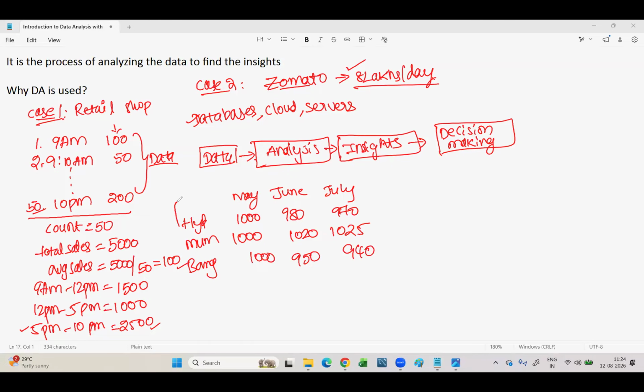If you observe this way for all the cities in the last 3 months, how many orders are placed, then you can find out the city where sales are reducing. If you focus on Hyderabad, I can clearly see the number of orders reducing from May to July. Mumbai is doing fine. Orders are increasing, so there is no problem. But Bangalore is also a problem. So you'll go and tell the client this is the insight you found. Maybe some other cities might also have it, but you'll tell the client that Hyderabad and Bangalore have had reduced orders for the last 3 months, so you need to focus on these cities.